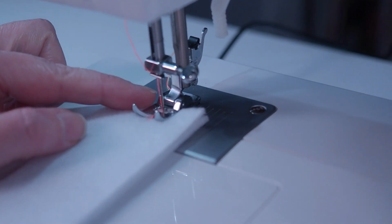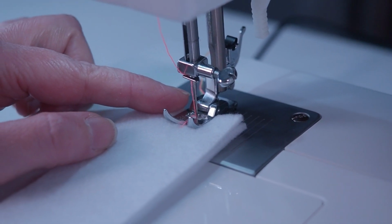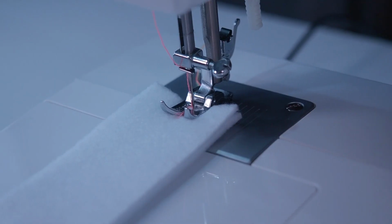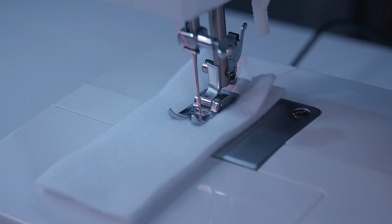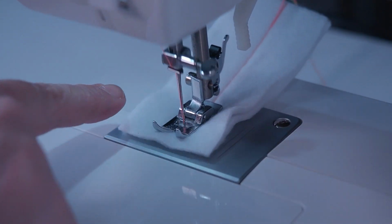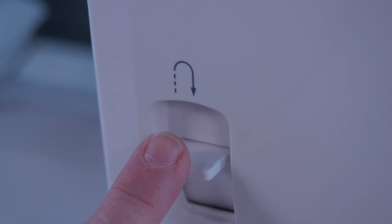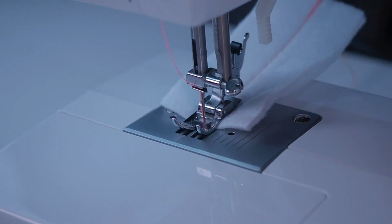We've now sewn to the back of the material. It doesn't matter if the needle goes off the edge of the material, that's absolutely fine and that won't affect the stitching. Now we're ready to sew forwards. Now we've come to the end of the material. Again, we're now going to press the reverse stitching lever, apply pressure to the foot plate and sew in reverse